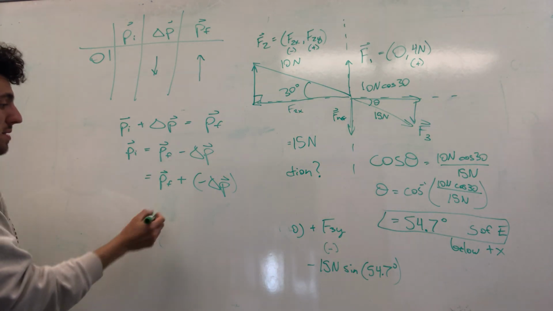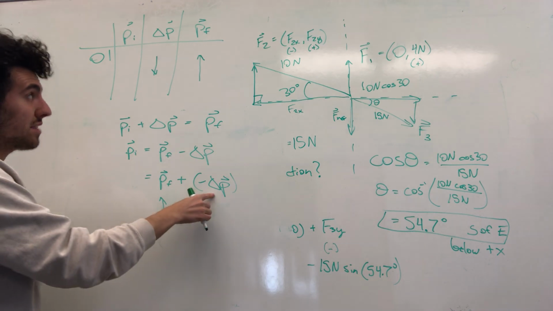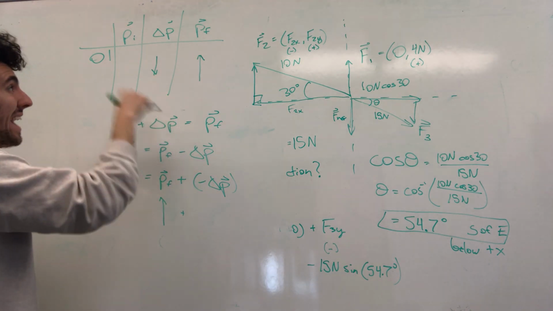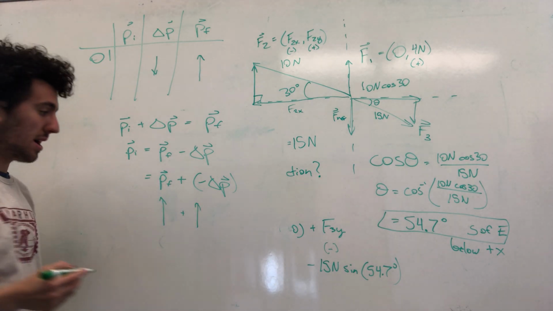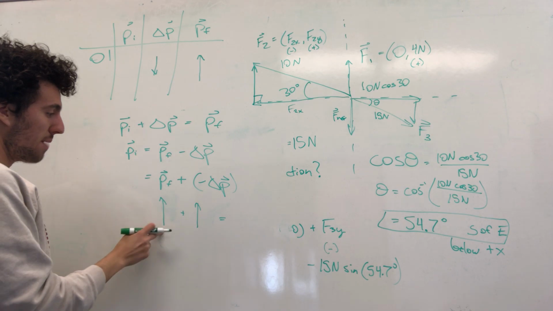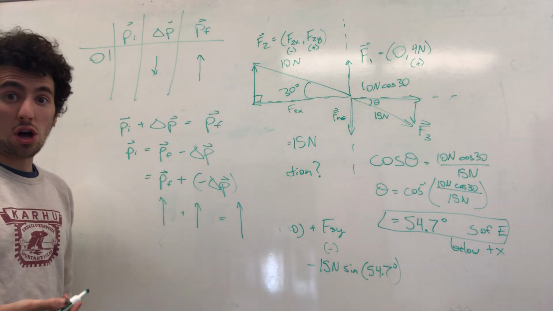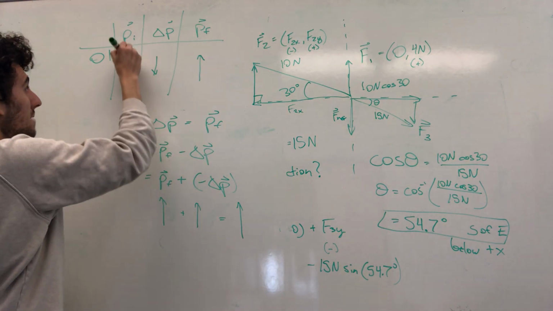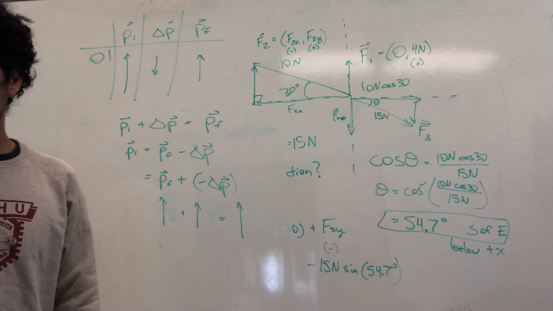And now we just put in PF, which is a vector pointing up, plus negative delta P. Since delta P is pointing down, then negative delta P is just that same vector, but flipped around, pointing up. And then we're left with an up arrow plus an up arrow, which is, of course, just a longer up arrow. That's these two plus each other. So my initial is a longer up arrow. So the answer would be that,